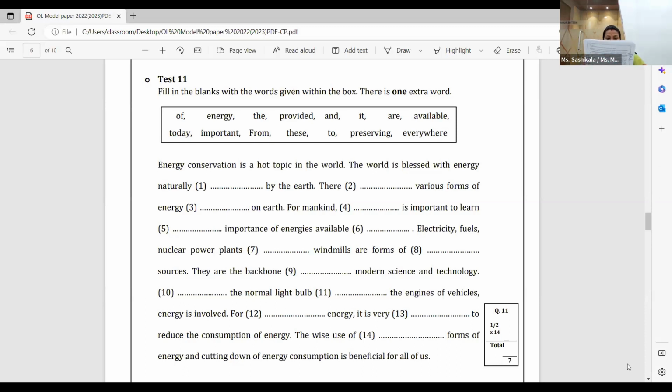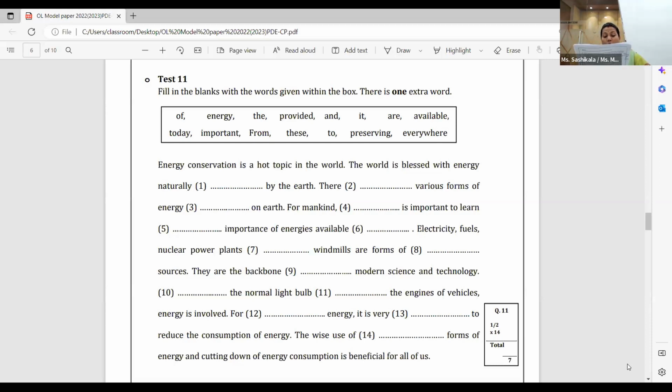Let me read the paragraph with the answers again. Energy conservation is a hot topic in the world. The world is blessed with energy naturally provided by the earth. There are various forms of energy available on earth for mankind. It is important to learn the importance of energies available. Today, electricity, fuels, nuclear power plants and windfalls are forms of energy sources. They are the backbone